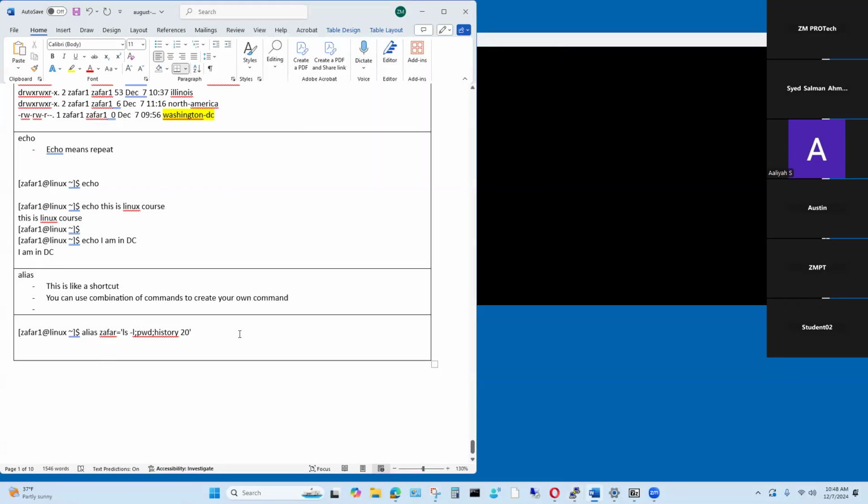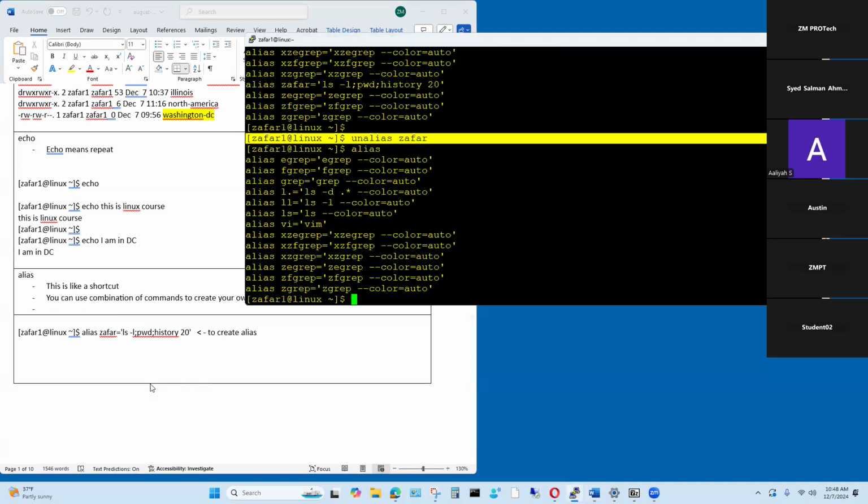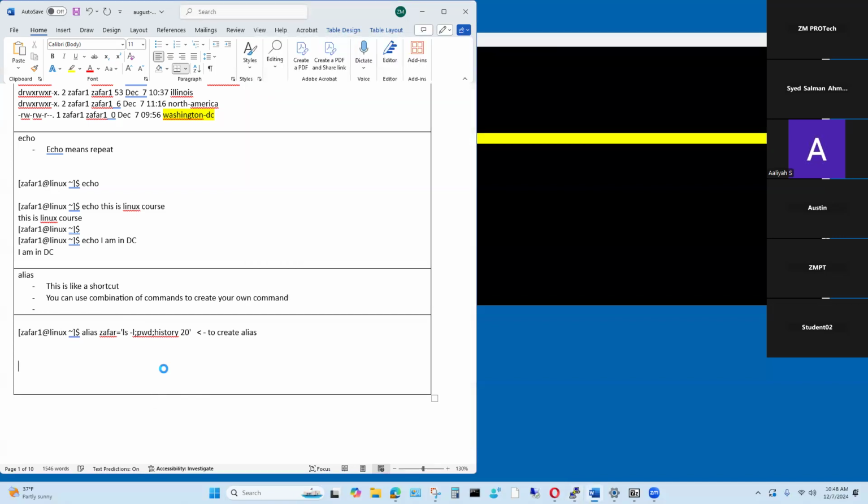Okay, so to create, and then to remove an alias, you run this command. And if you want to remove all the aliases, then